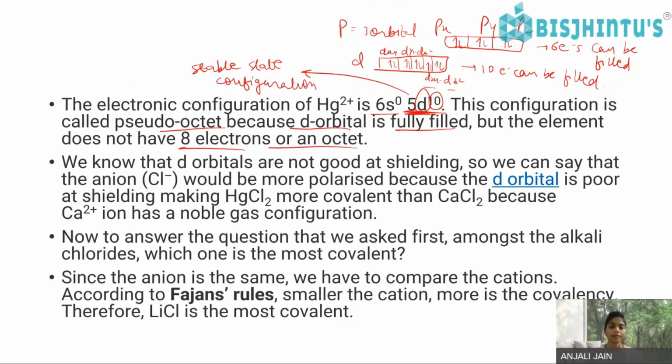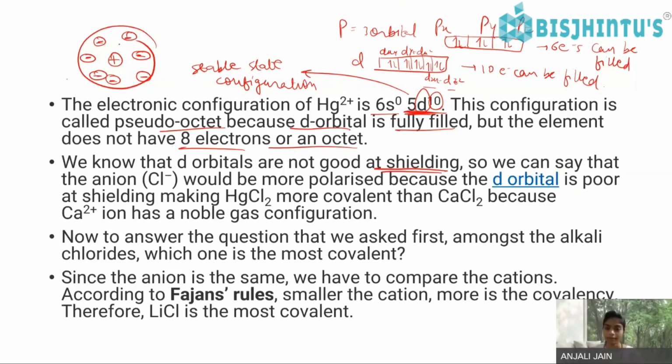Okay, and we know that the d orbitals are not good at shielding. Okay, they are not good at shielding. Shielding power is that if my Z effective nuclear charge is there, it is shielded by the negatively charged electrons. Okay, so this protection is not there, so it can be easily polarized. This shielding power is so that the nucleus can shield the whole atom so that the negatively charged electrons do not go away. But the d orbitals are not good at shielding, so we can say that the chlorine anion will be more polarized because the d orbital is poor at shielding, and thus mercury chloride will form a more covalent bond than